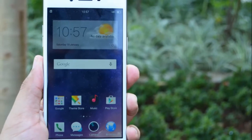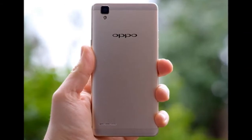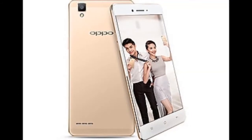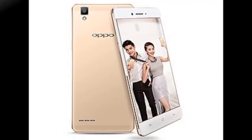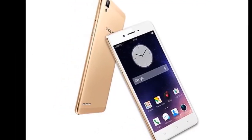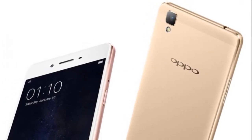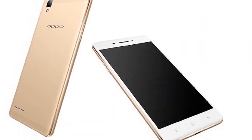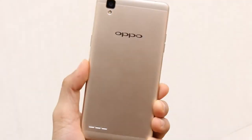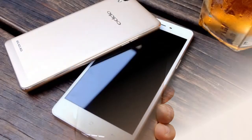In terms of connectivity, we have Wi-Fi B/G/N, Bluetooth 4.0, USB OTG, FM radio, and GPS. There's no NFC. The Oppo F1 runs an Android Lollipop fork called ColorOS 2.1, which is one of the better looking and functioning custom Android forks out there. It's a single layered interface that can be customized with different effects and themes. Oppo throws in some apps such as Security Center for monitoring data usage, freeing up memory, etc., OCloud, which lets you back up your contacts and messages, Kingsoft Office for working on documents and spreadsheets, and